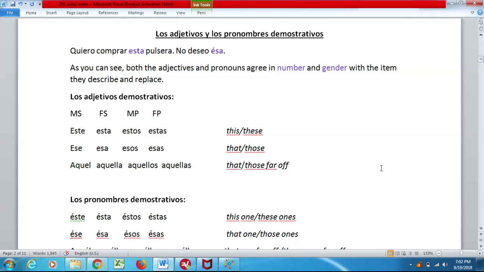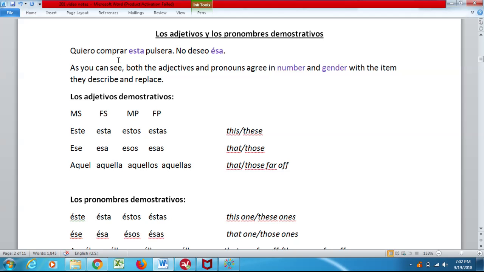Los adjetivos y los pronombres demostrativos. First, let's remember that an adjective describes a noun and a pronoun replaces a previously mentioned noun. All right. With that in mind, let's take a look at our modelo here and see if we can figure